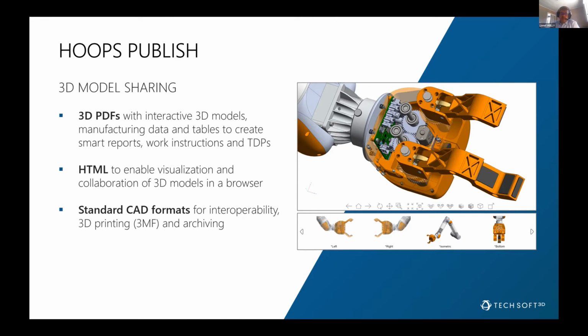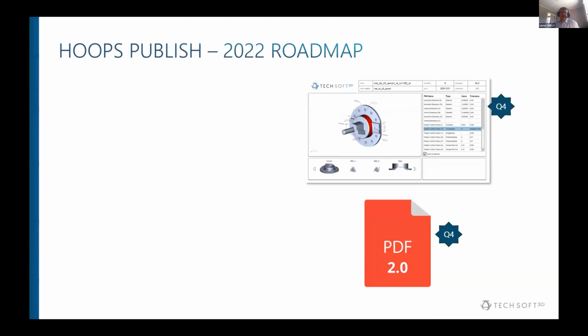So, speaking about the roadmap, I have one slide about what was achieved last year. Last year, our main initiative was to support our Publish partners with a focus on the 3D PDF to HTML capability. It's not a new function, but the goal was to support more corner cases and to guarantee high fidelity of the HTML document compared to the 3D PDF, in terms of layout and also in terms of interactivity. And in 2022, we will continue this focus on the HTML export.